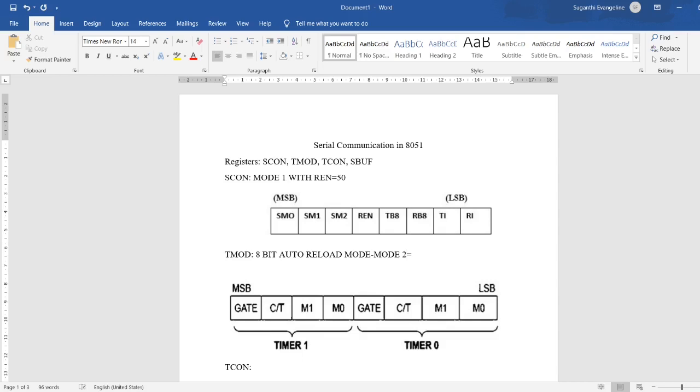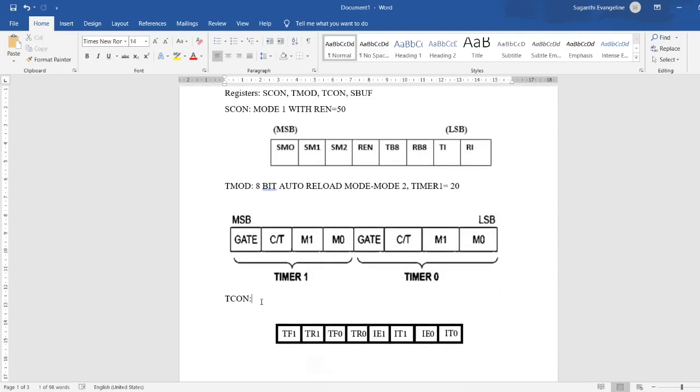Here I am using timer 1. Then finally I'll get an answer like 20. 20 is the value I need to load into the TMOD register. So 20 means 0, 0, 1, 0, and all the other bits are 0.